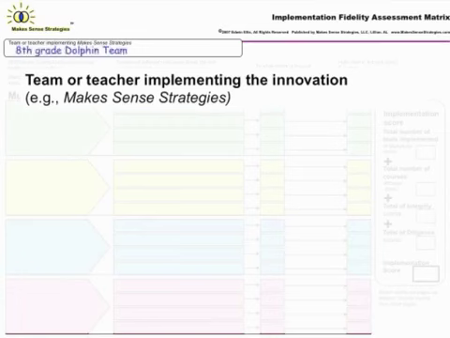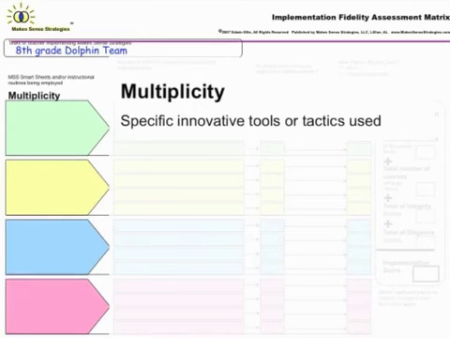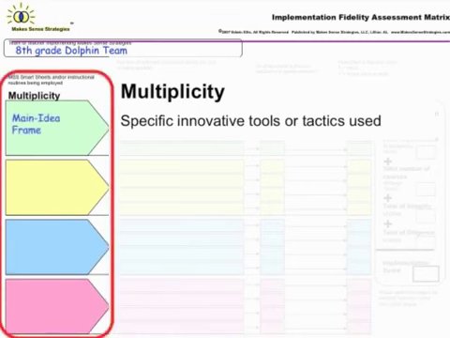For an example, we're going to go back to that 8th grade Dolphin team. And so multiplicity are the specific innovative tools or tactics used. Now these can be tools like graphic organizers, or these can be specific instructional routines like Think, Pair, Share, or whatever different innovations we're targeting to get going in the school. So for an example, this 8th grade Dolphin team, one of the things that they're using is the main idea